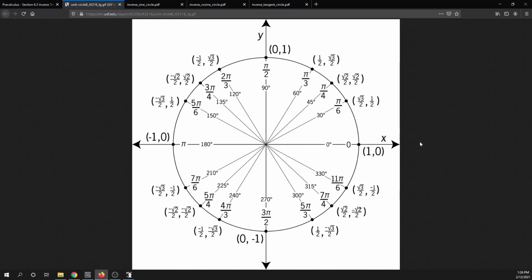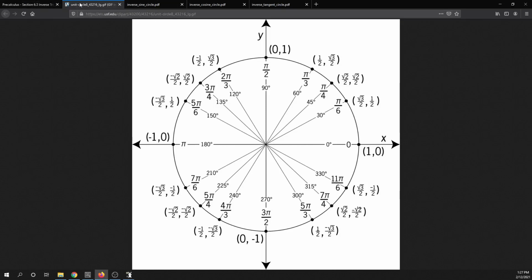So remember, the unit circle has some special angles labeled on it, and the values of their cosine and sine. And of course, you can get all of the other values of the other trigonometric functions using this unit circle as well. So that is for values that are on the unit circle, that's what we're going to do. And if we have values that we need to calculate that are not one of the special angles on the unit circle, we're going to use a calculator. When you use a calculator, as always in this class, you need to make sure that you're in the correct mode, degrees or radians. All right, so let's take a look at